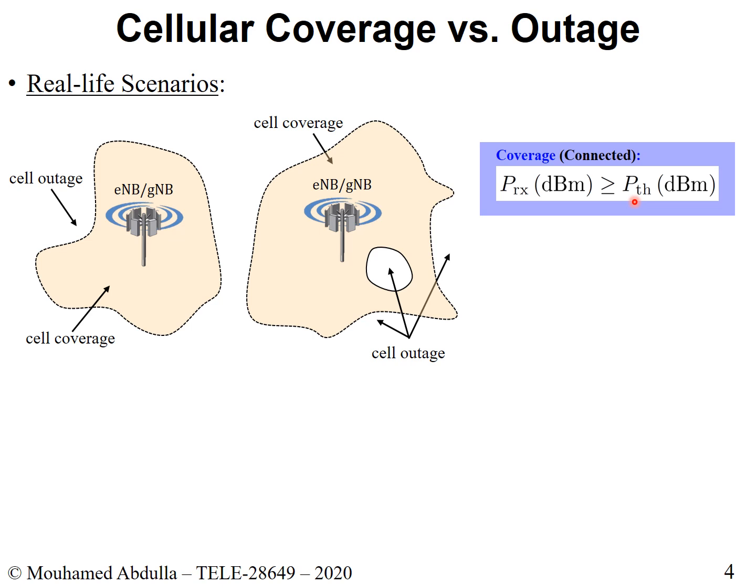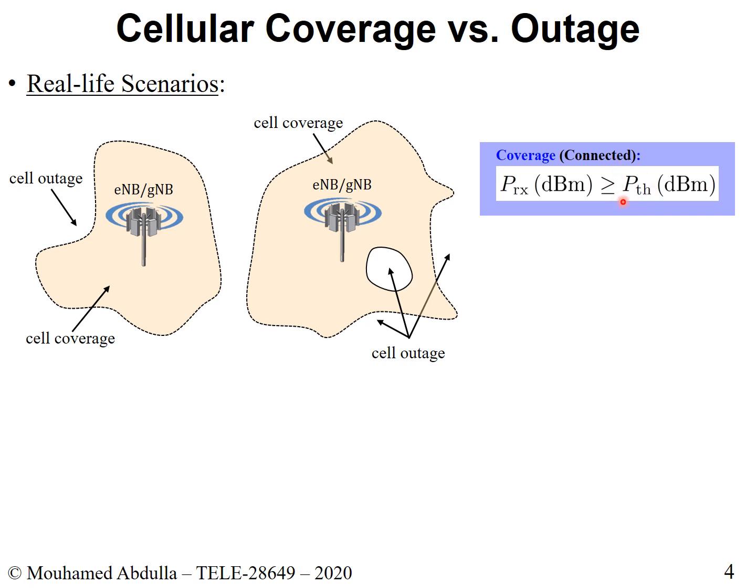So let's say you have a sensitivity of, I don't know, minus 70 dBm. It means that if your received signal is minus 69 dBm, you're connected. You're okay. But as soon as you go to minus 70.5 dBm, minus 72, minus 73, you are no longer connected because you are going beyond the sensitivity of your Wi-Fi device. The same thing applies with mobile communication. So if you are below a certain threshold, you are no longer connected. And if you are above the threshold, you are generally connected.